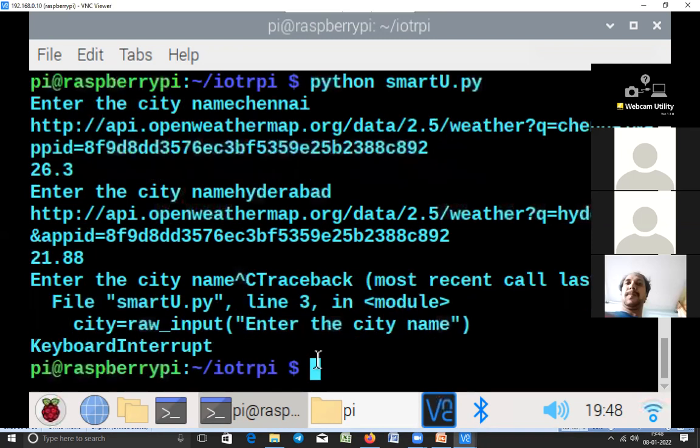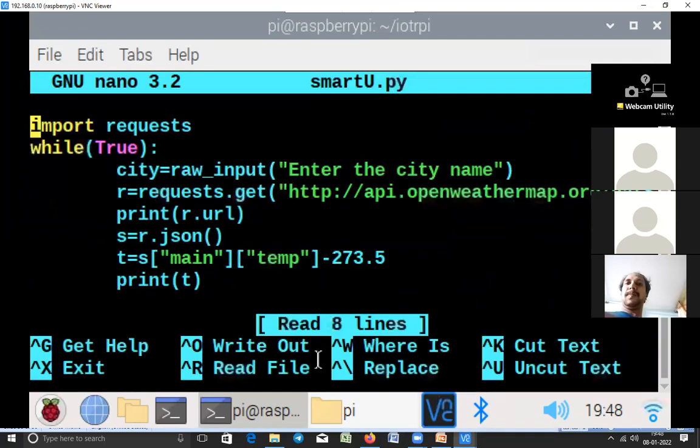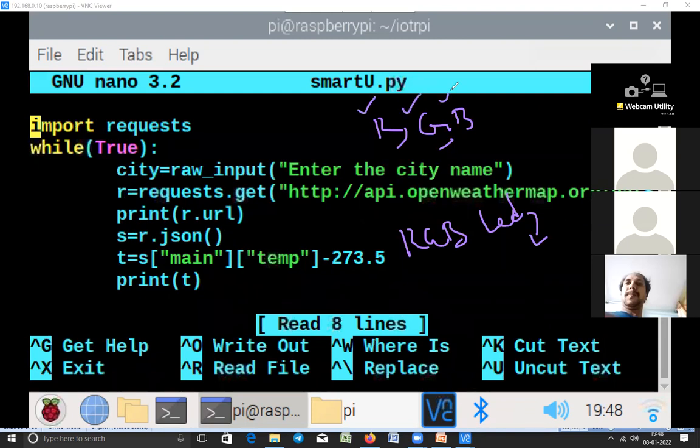So we have to go to the program. Now we are getting data, perfect. Now we have to control RGB LED colors. We are using a common anode RGB LED. So what is an RGB LED? An RGB LED is generally integrated with 3 LEDs: a red LED, a green LED, and a blue LED. So there are a total of 3 LEDs within one single LED.